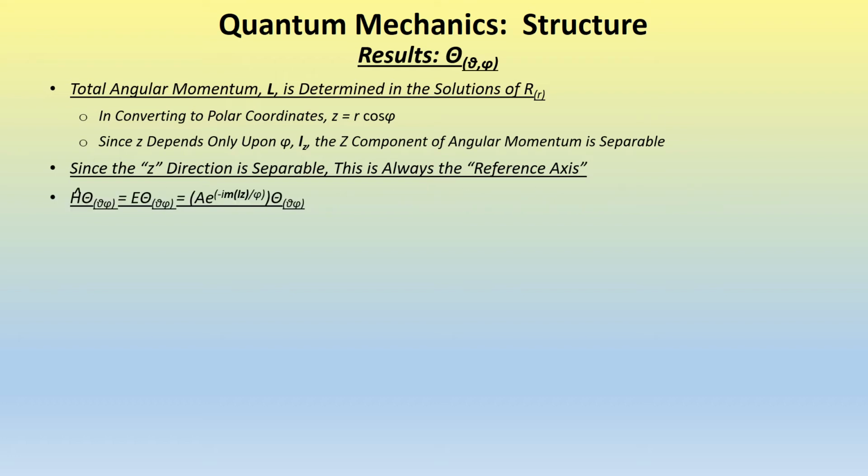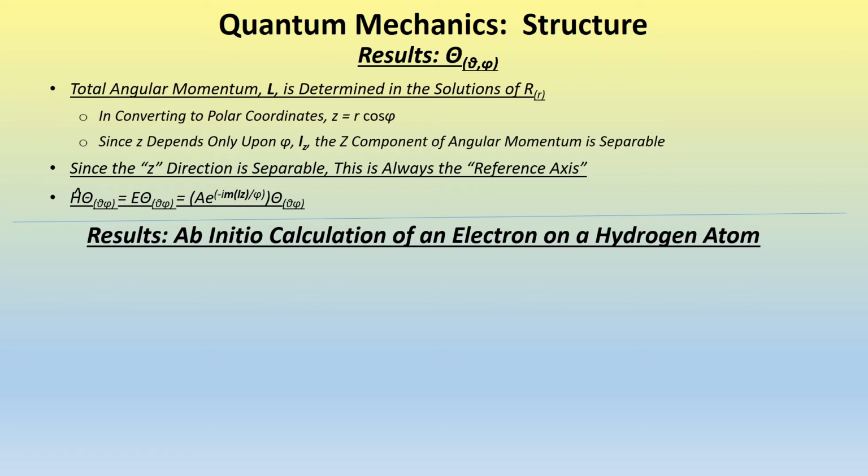Therefore, the solution to the Schrödinger equation on the angular component of the wave function, the Hamiltonian operating on theta of theta phi, equals E theta phi, equals a normalization function, e to the minus i times some constant m sub Lz over phi times the wave function theta of theta phi. This results in the ab initio calculation of an electron on a hydrogen atom giving the result that the wave function is equal to a radial distribution function R of R, times an angular function theta of theta phi, and those are equal to a function R sub n and L, two quantum numbers, and the angular function theta is now a function of m sub Lz,